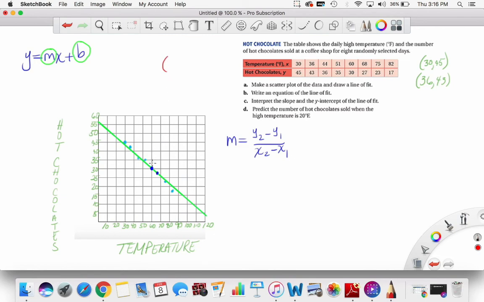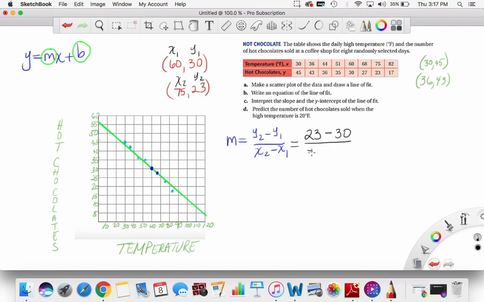So we're going to say this ordered pair is 60, 30, and then we have the ordered pair 75, 23. All right, now with that, I also want to label these x1, y1, x2, y2. All right, so y2 is 23, so I have 23 minus 30